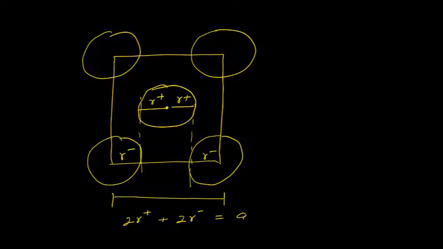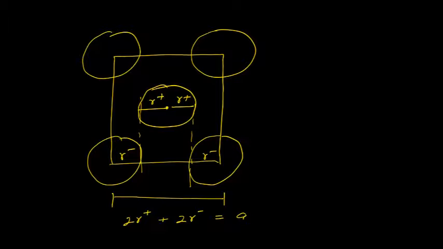You are not calculating the packing efficiency. When you are asked to calculate the radius or the edge, and in FCC it is an ionic compound, remember, when we are talking about ionic compound and FCC, and we are not talking about packing efficiency, then this will be the relationship. And the real radius, etc., are calculated by X-ray spectrography. So what we get from the formula is just an estimate.